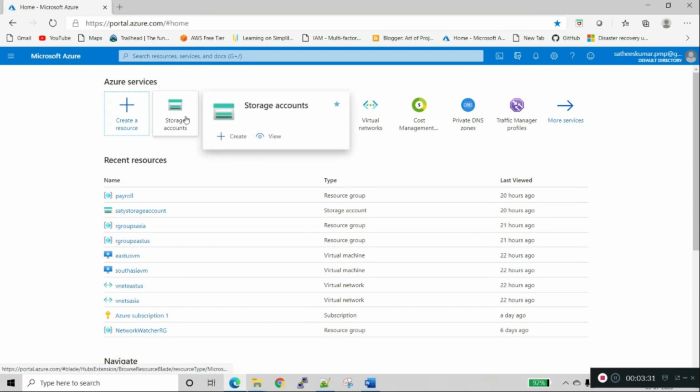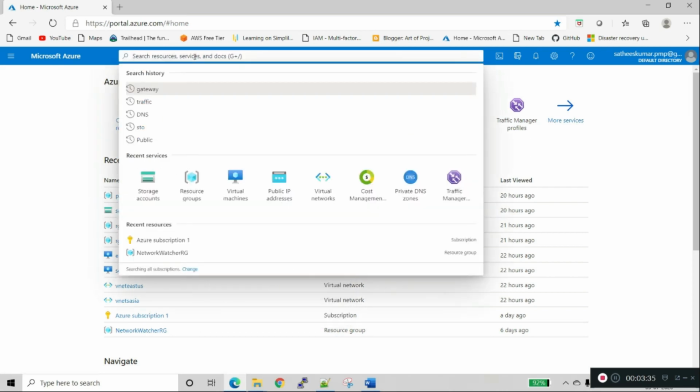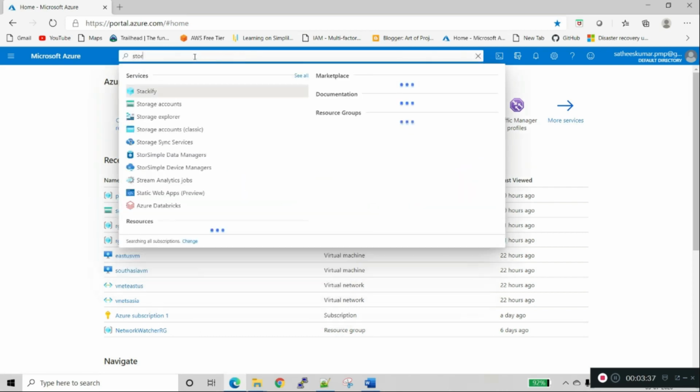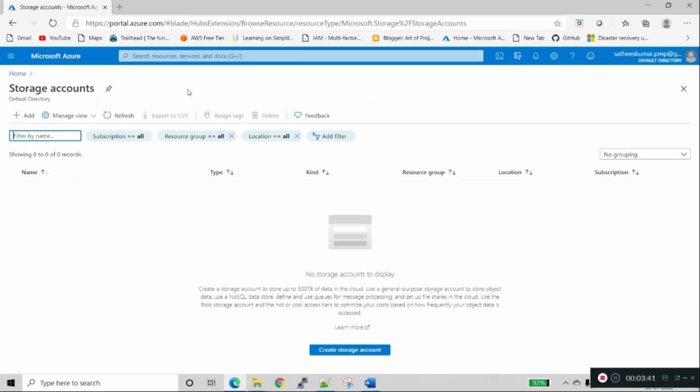Here there is a storage account. We can also search for storage account in the address bar. There is an add button here, and we can create a storage account using this. Otherwise we can click this button to create a storage account.